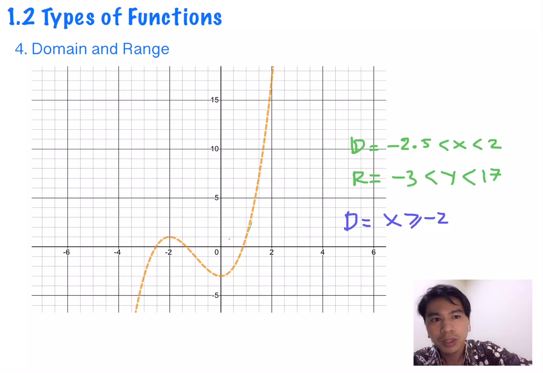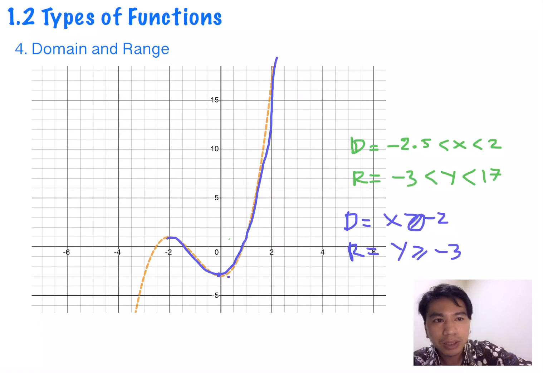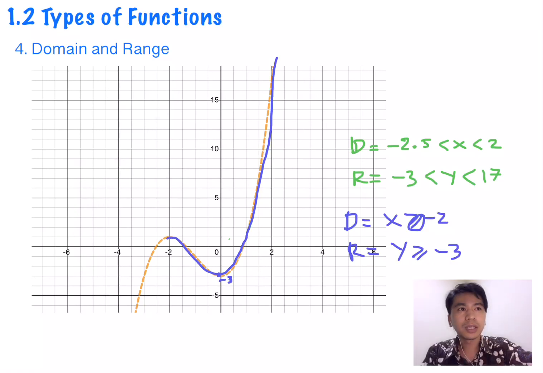We'll have a new one, and then it varies from negative 2 up until infinity. So you will see that the range will be y greater than or equal to negative 3, not because this is equal, but because it will reach negative 3 over there. So that's it, quite long, but